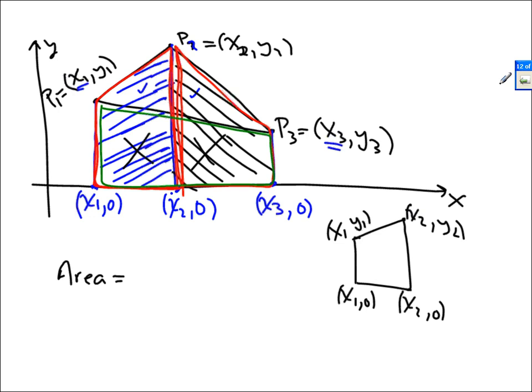Now, if I were to rotate this 90 degrees, I would get something like that. And we're more used to that. Since this bottom line and this top line are parallel, that is, these two lines are parallel, we add up